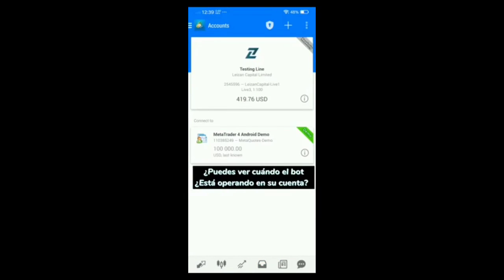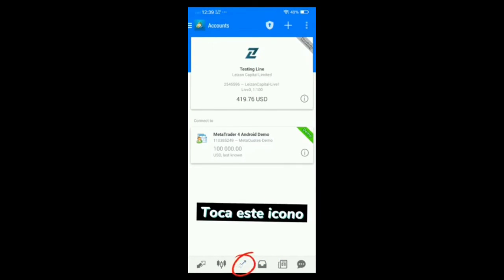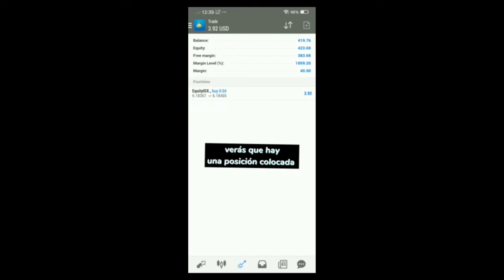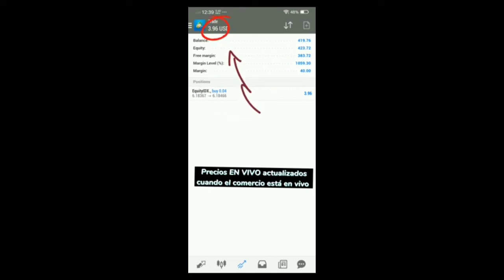Can you see when the bot is trading on your account? Tap this icon. When there is an open trade, you will see that there is a position placed. Live pricing is updated when